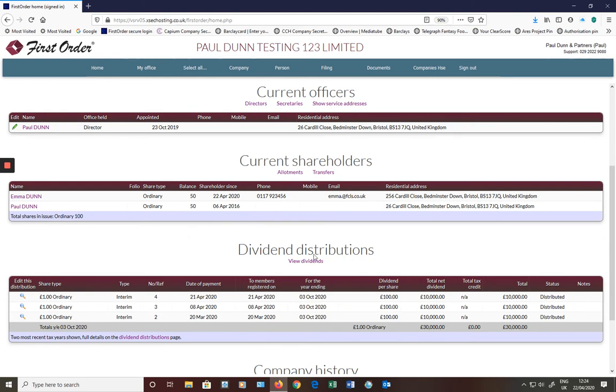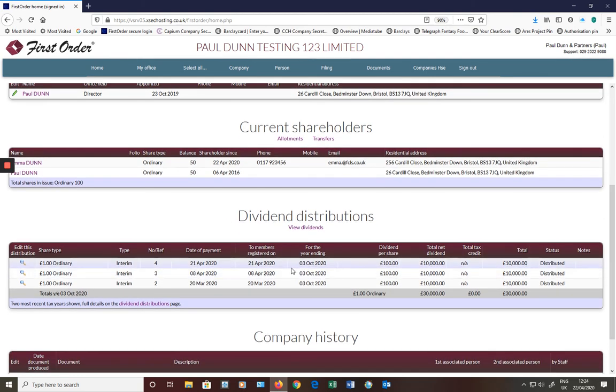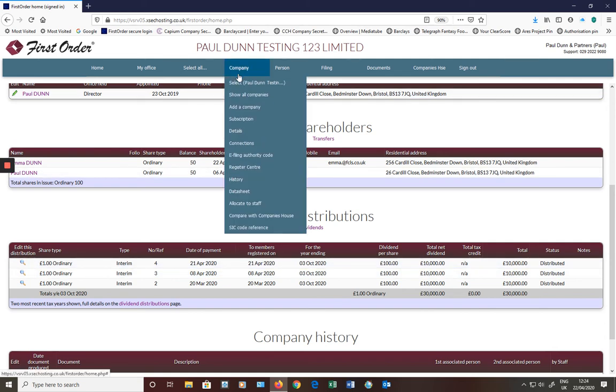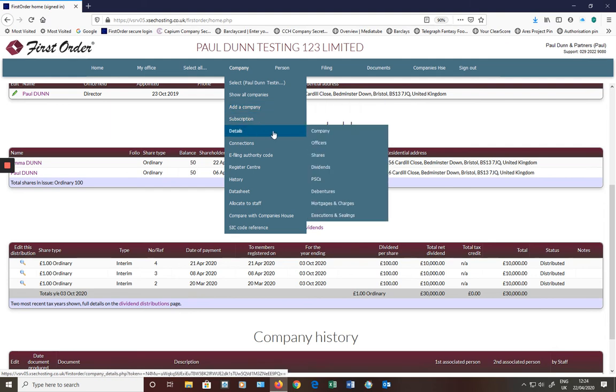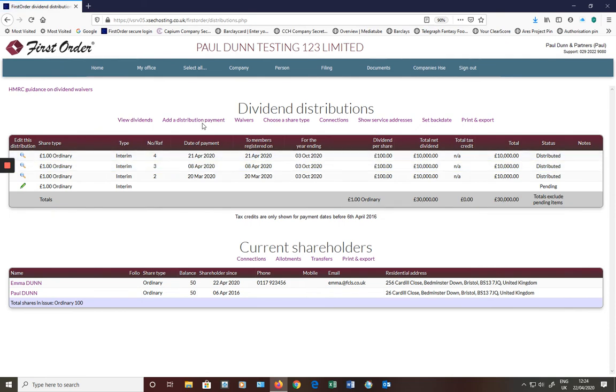Underneath, we've got dividend distributions that have taken place within the company. Now, again, a lot of accountants will probably do this on a Word or an Excel template, but within the system, if we go into the Company tab, down to Details, Dividends, and do a distribution, we're going to add a dividend distribution payment,